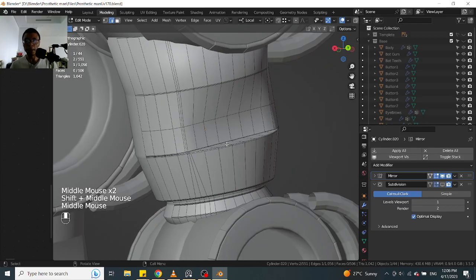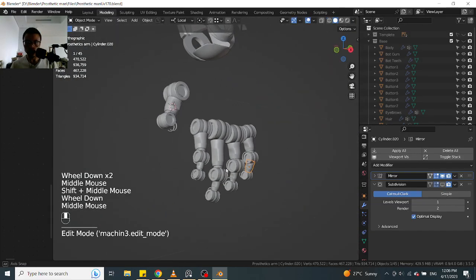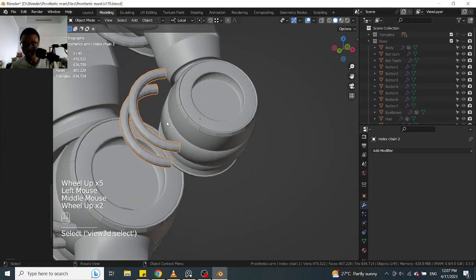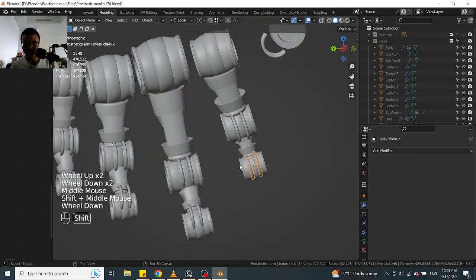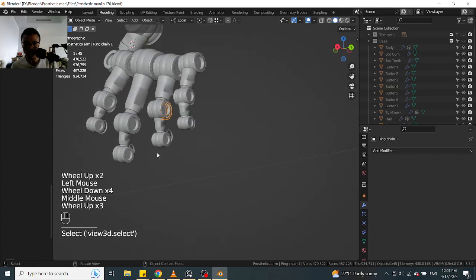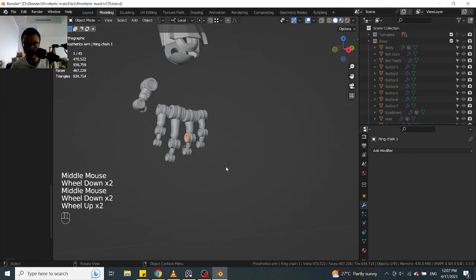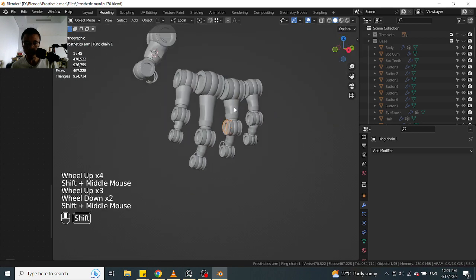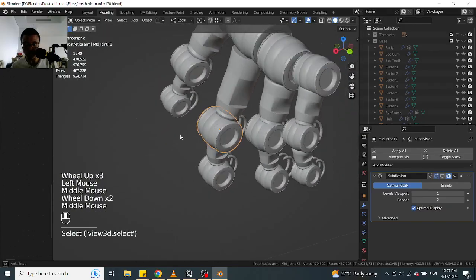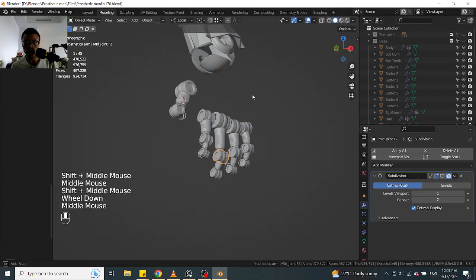Still can't believe that this is so small, like it's barely visible. But I think some of these details were visible from a distance. But I guess it's part of the learning process. Alright, so